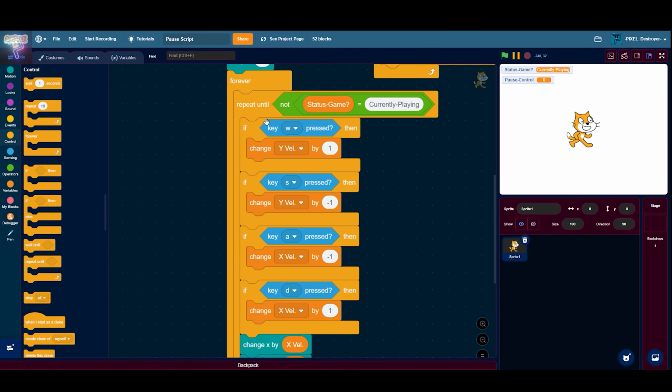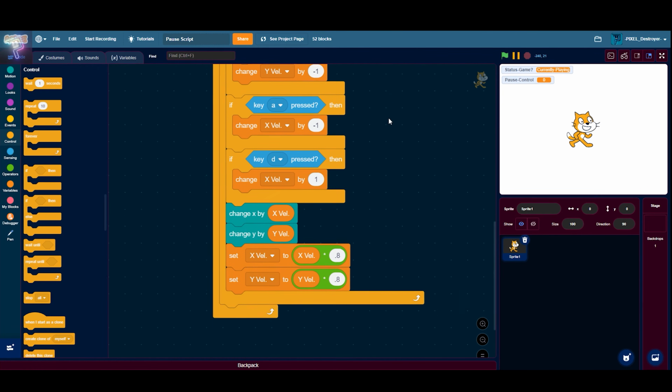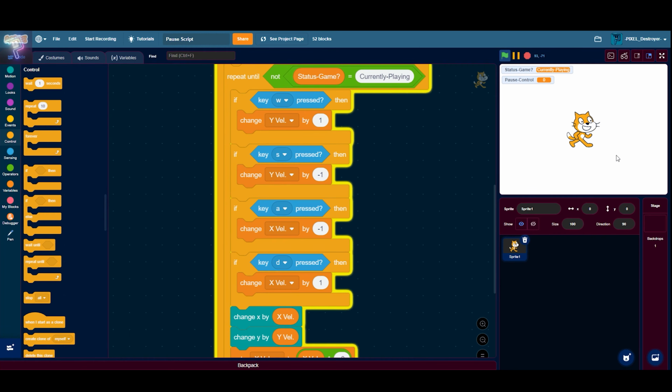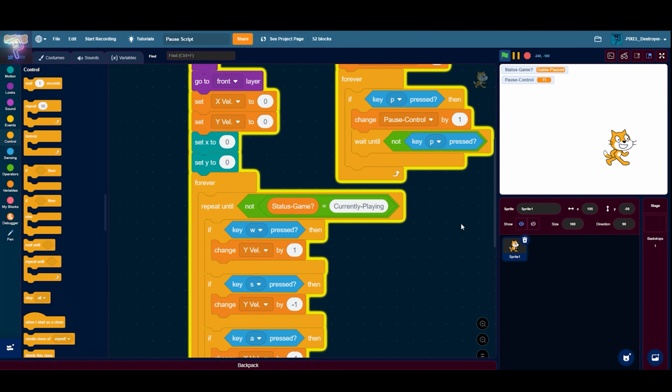So first, this is the stuff that controls movement, the smooth movement. So this is the actual game, and when you press P, it pauses the game, you know. So how you do this is